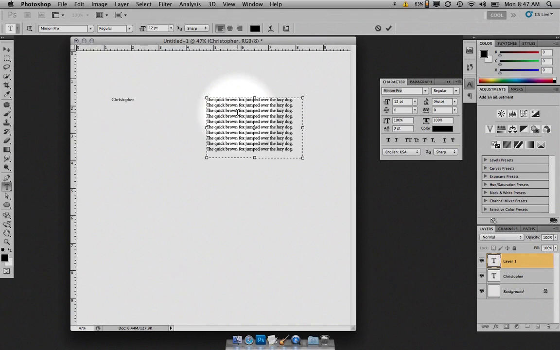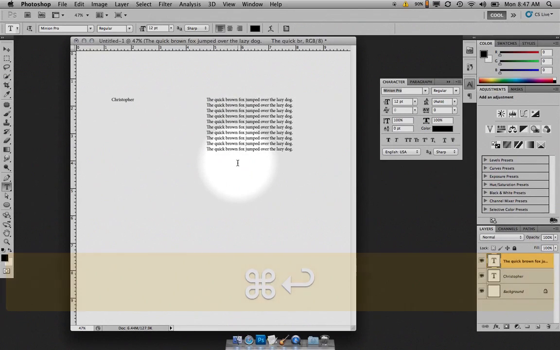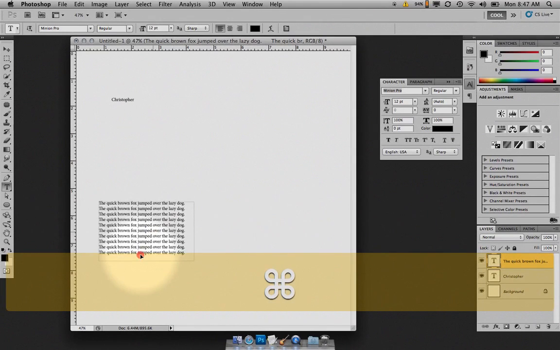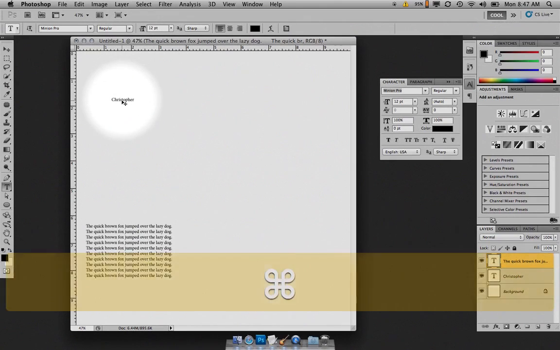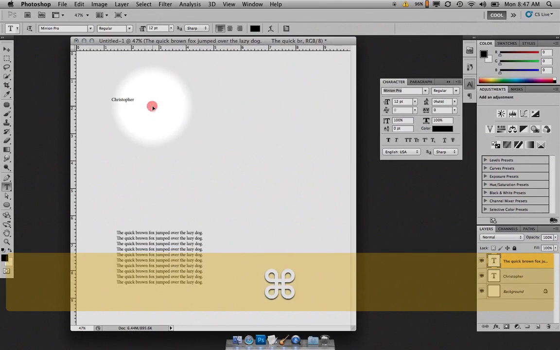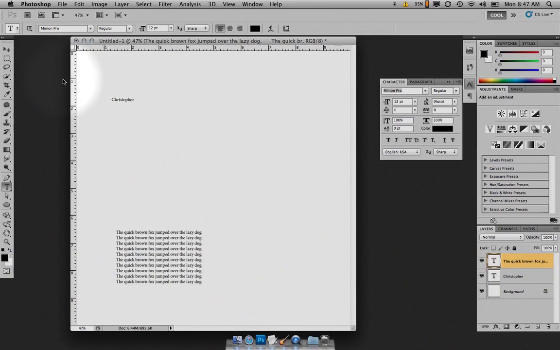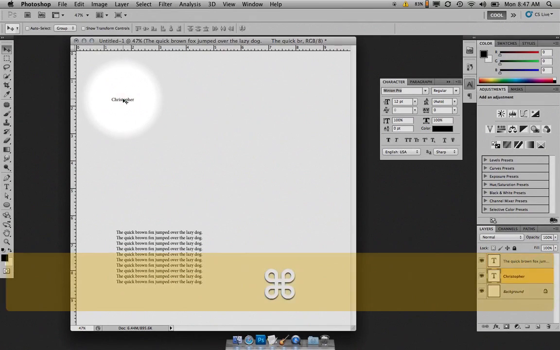So let's move this around a little bit. What I'm going to do is hit Command Return, and that sets that text. Now if I press the Command tool, I can actually click and move this. So Command is the quick move tool on the fly. Press Command on this one to click on it. Alright, so I need to go into the move tool, and then when I command click on Christopher, now I